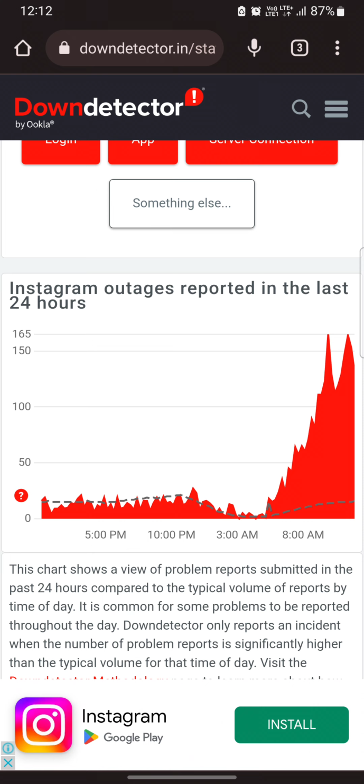But apart from this, there are some workarounds you can also apply, because by following those workarounds I was able to resolve the error, and other users were also able to resolve it. So what you can do first, if you have Instagram installed on your device, is uninstall that Instagram and try to install an older version of Instagram, because sometimes a new update introduces bugs and other issues that then cause errors like this. So by installing the older version, you can revert to the version that doesn't have the issue.